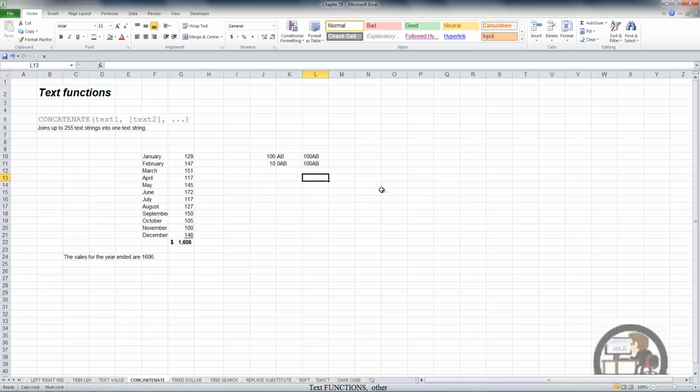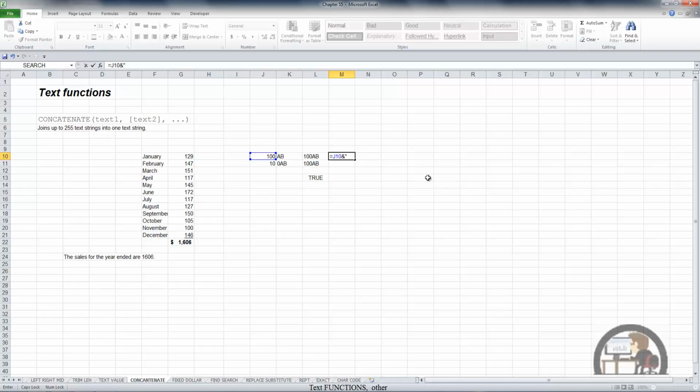But when I set up an equation where cell L11 equals L10, enter, Excel tells me that's true. So the concatenate function is fine. I actually never use it because you can accomplish the same thing using an ampersand. So I'm going to use the ampersand to build the key,